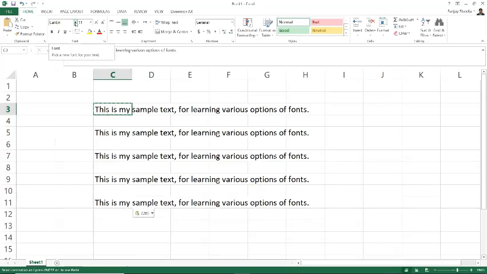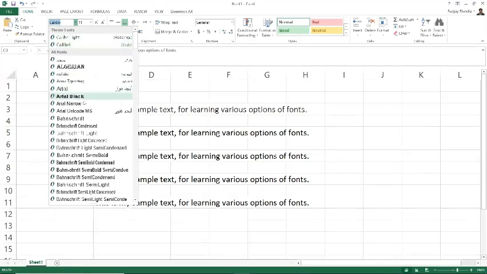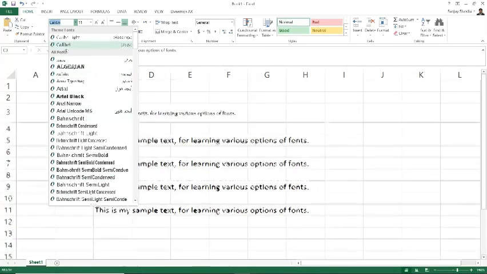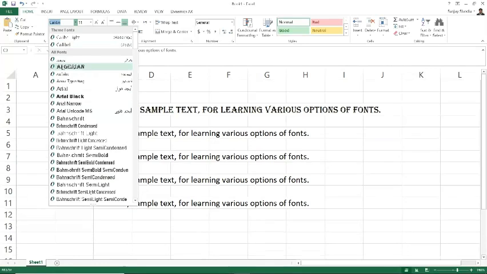Here, go to the font option, and here you can see there is a small triangle pointing downwards. Click on this triangle and the whole menu will open up for you. Here you can see the list of different fonts available on your system.